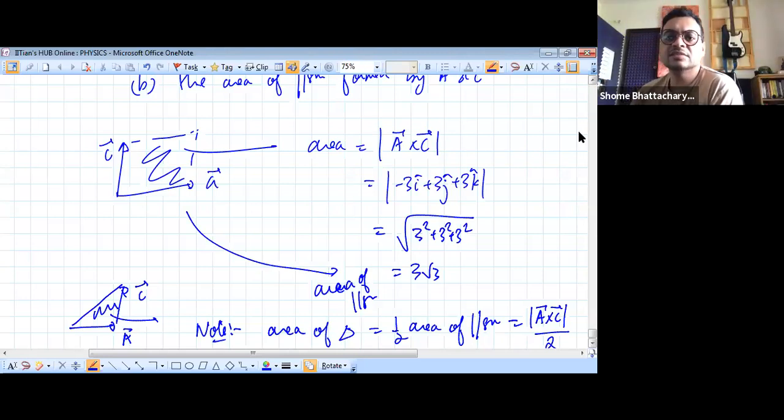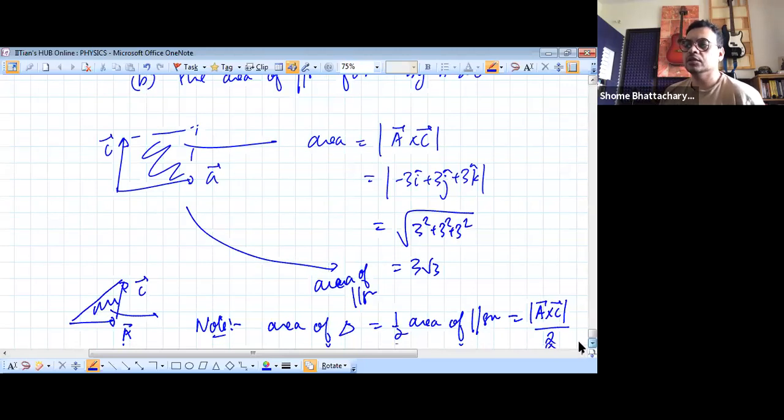Yes, assignment 7 had cross product of vectors, Ritika. Assignment 7 has cross product of vectors, and there are a few more questions here and there in cross product of vectors. Okay, your module has a few questions on cross products, and yeah, Shikhar, coplanar vectors are vectors which lie in a